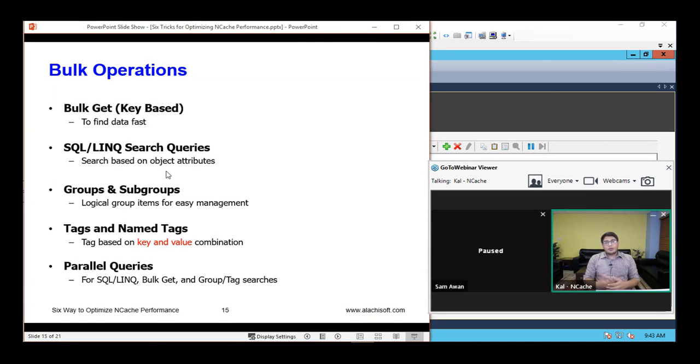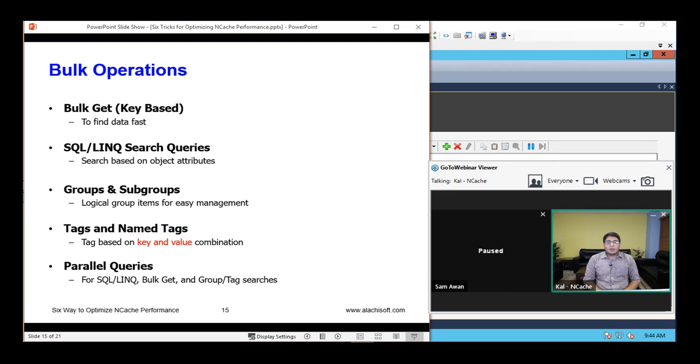So we were talking about bulk operations. In the case of bulk operations, the first one is that if you have a lot of items that you want to add or even fetch from the cache, you just need to provide it with the list accordingly, and using just a single call, you can perform all those operations on the cache. Generally, if you have a bigger object size, we recommend breaking it down into multiple objects, and then using the features that NCache provides to group them, or even get them or add them into the cache. So the bulk API can be used in those scenarios.